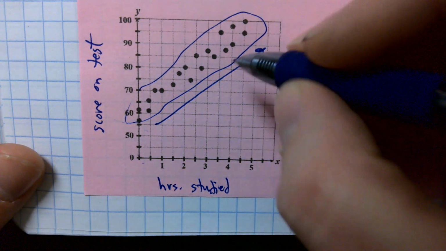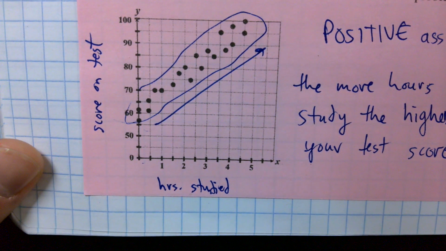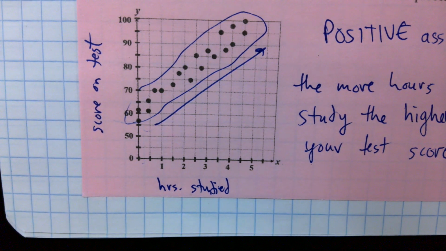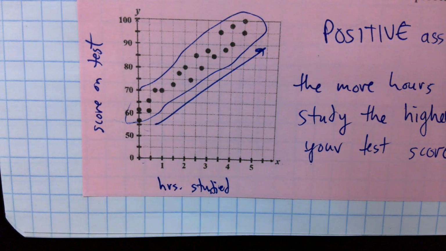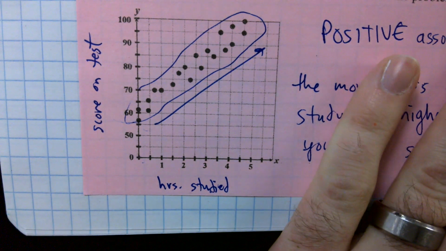I also don't see anyone that studied for over 4 hours that got less than an A, right? So we could say, in general, the more hours you study, the higher your test score. Okay? But the person that studied for 0 hours, somebody at least passed. They got, oh yeah, this person with 0 hours got 62. Yeah, but in general,